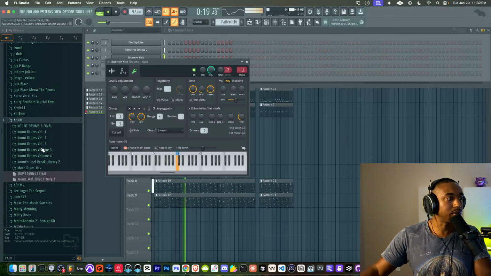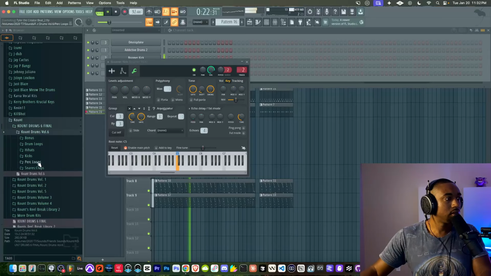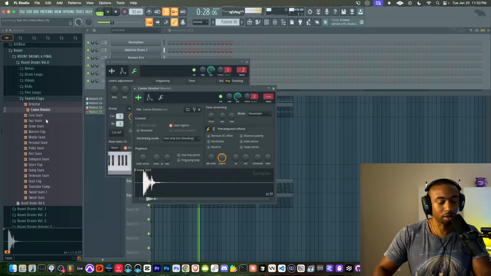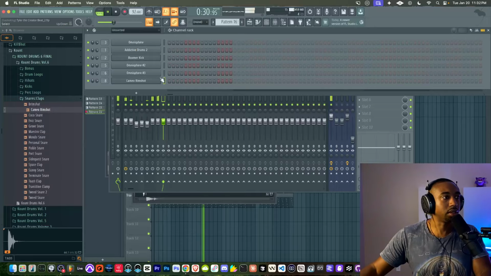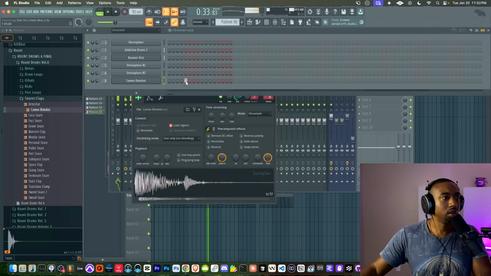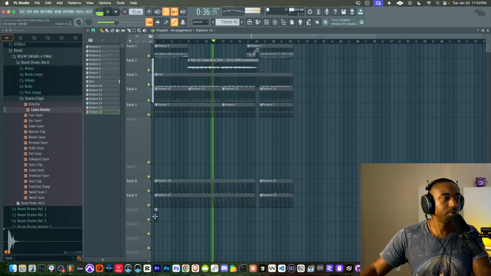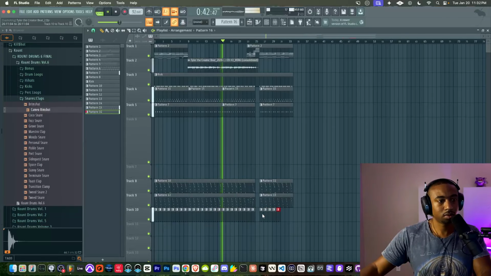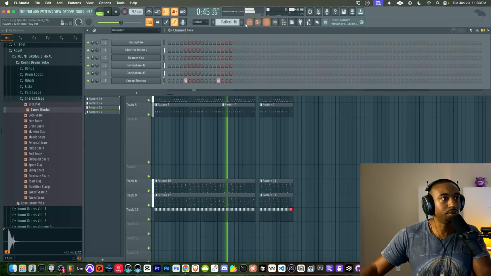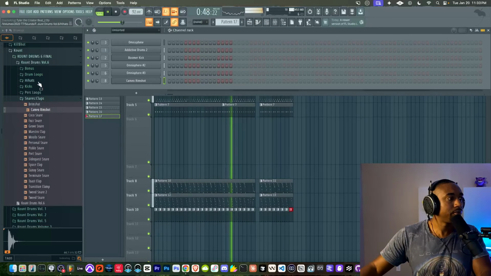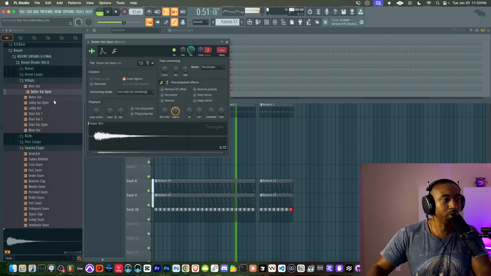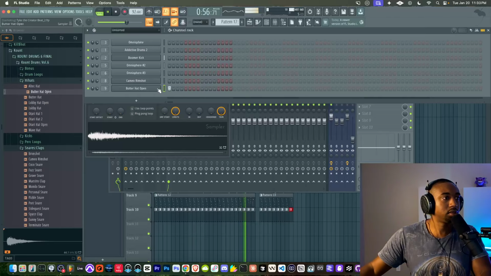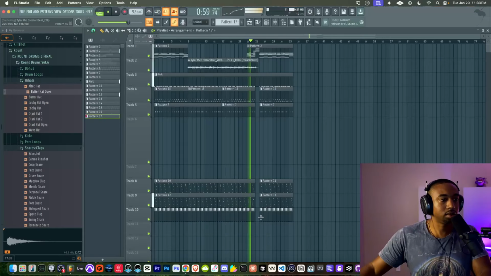I'm just trying to find different drums to layer in here. I feel like this is a very Tyler the Creator type snare clap. Shout out the Count drums. Let's put this on the 2 and the 4. There we go. Now we have that offset. Maybe add an open hi-hat in here. Let's see where it fits the best.